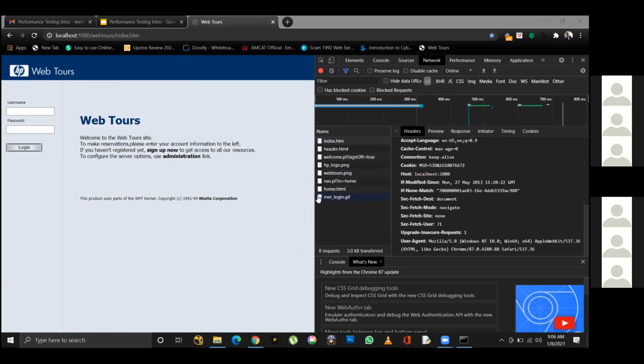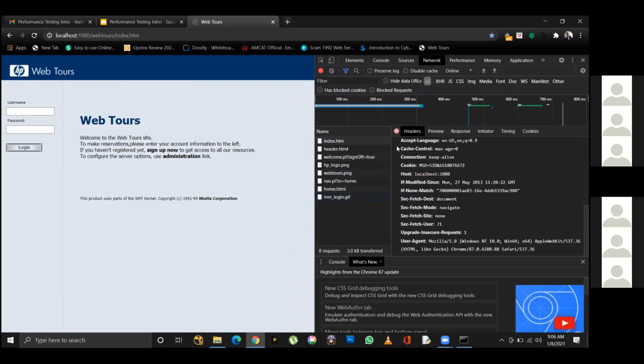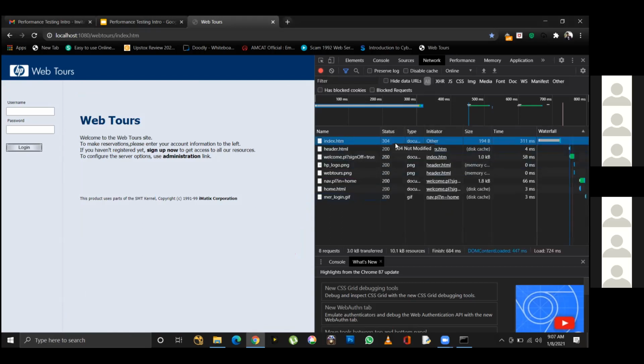And what else does it give? Observe here. It is giving the response codes. Can you note it down? What information does a developer tool provide? It provides the web page component details. And what is the next information that it provides? Response code, HTTP response codes. Can you note it down, please?